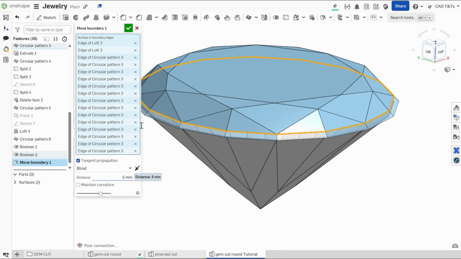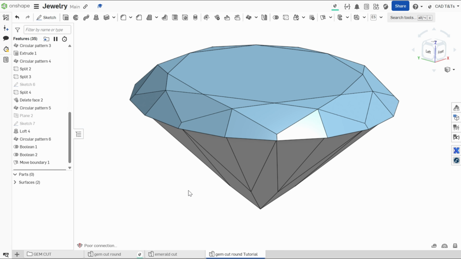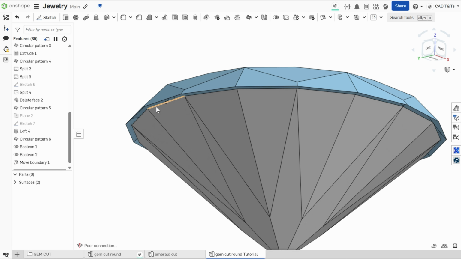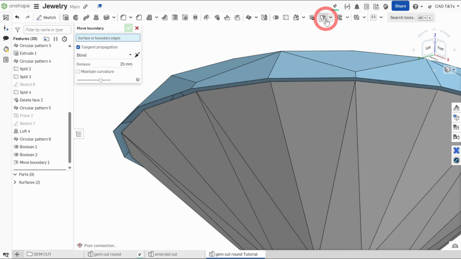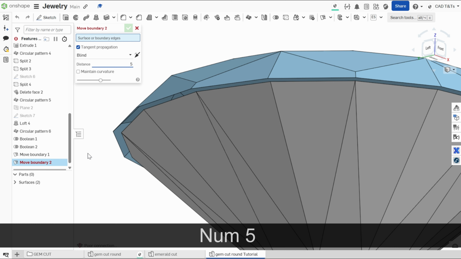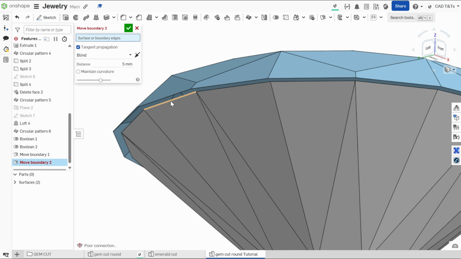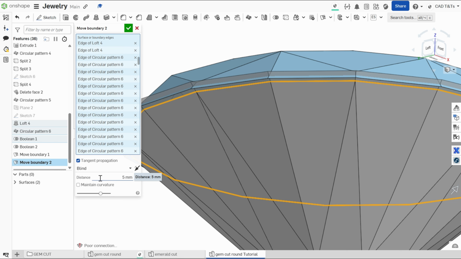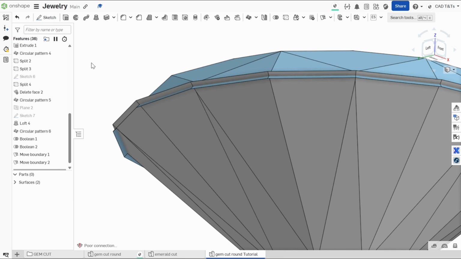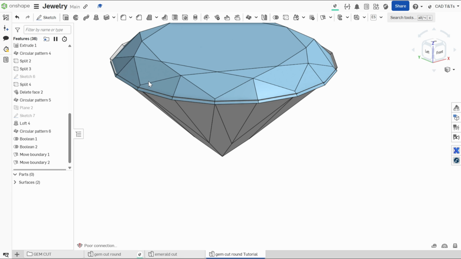See? And we will do the same with this one. Select boundary, again 5 mm. See? And here select loop. Okay, lastly,